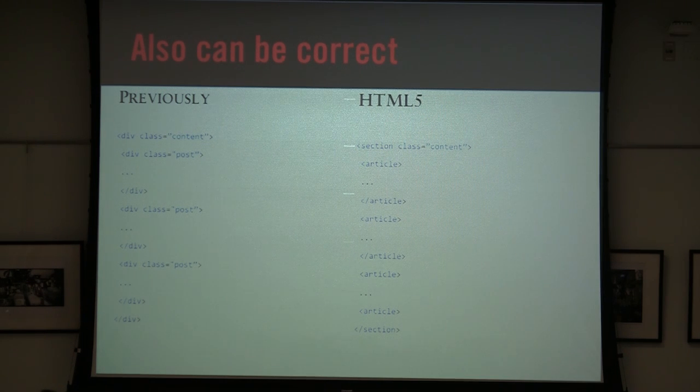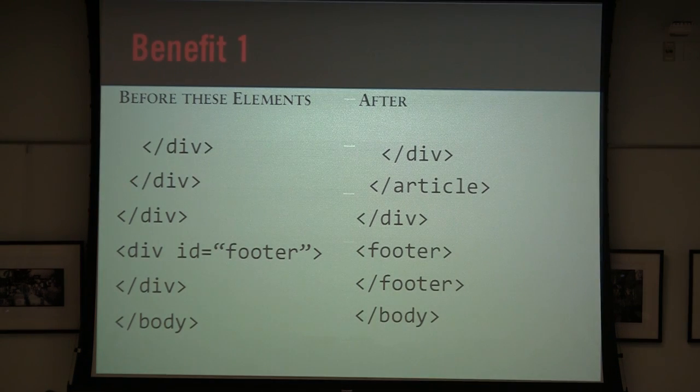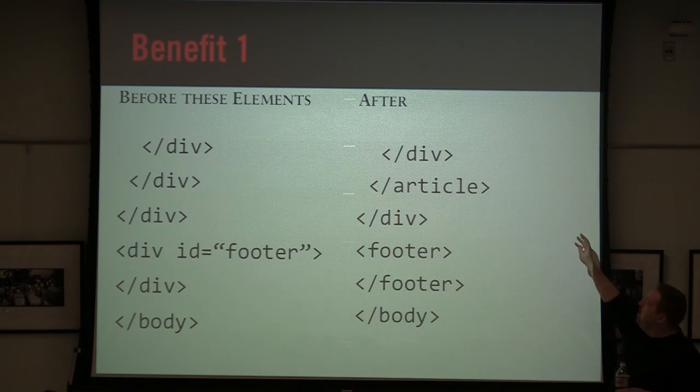All right, that's great. But frankly, all we did is change div ID header to header. How is that different or better? Well, I think there are three real benefits to this. First one is beforehand, you get something like this at the end of your code. Closing div, closing div, closing div, div ID equals footer, closing div body. Here, with these new semantic elements, you get less of that, three divs in a row, three closing divs in